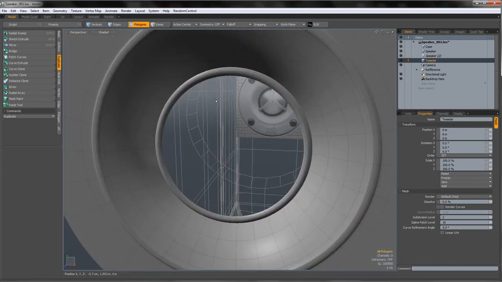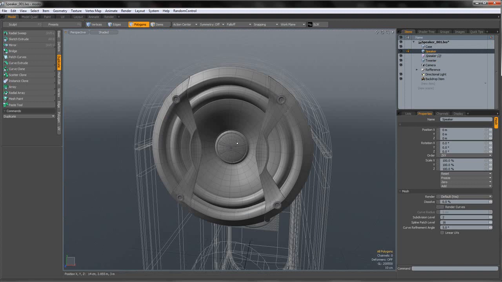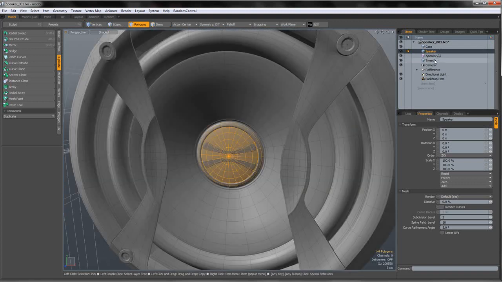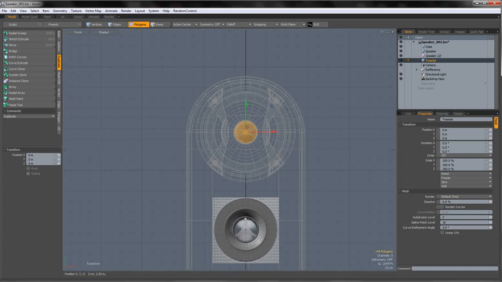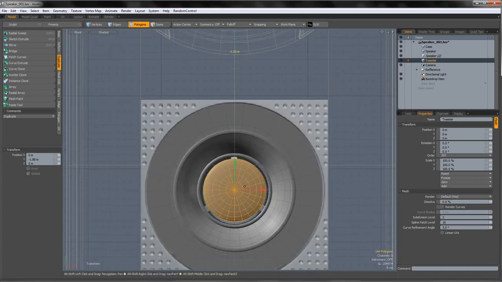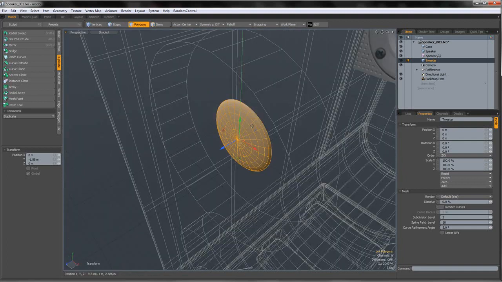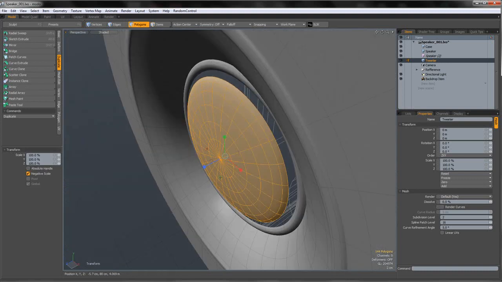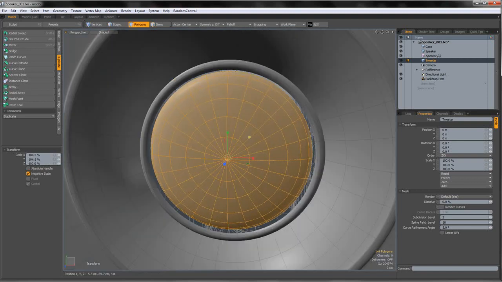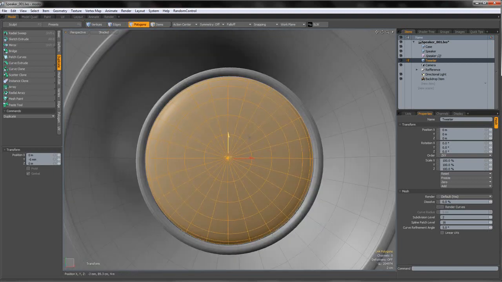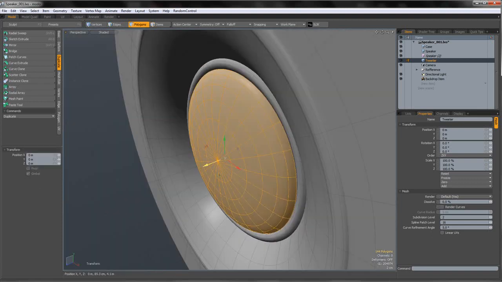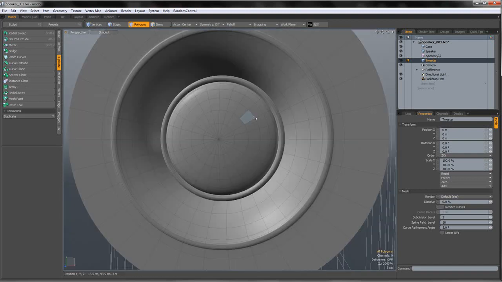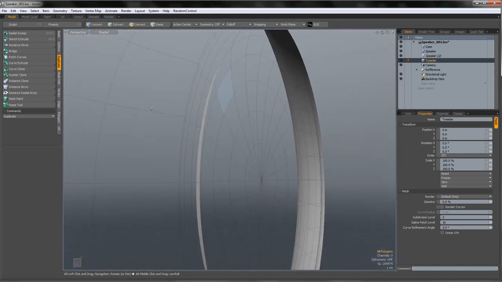Okay. And now we're gonna bring in the sphere from our speaker. Although you should know the center from a tweeter is a bit more bumped than the one of a standard speaker. Okay, and that's about it